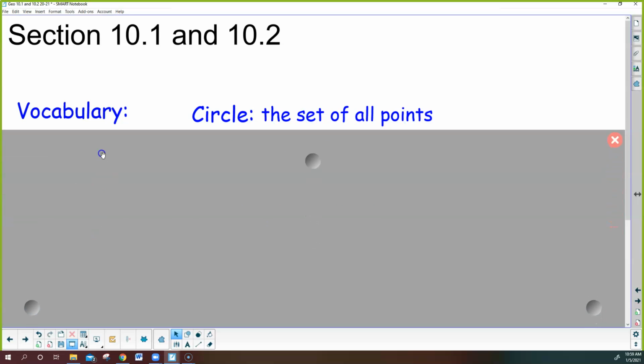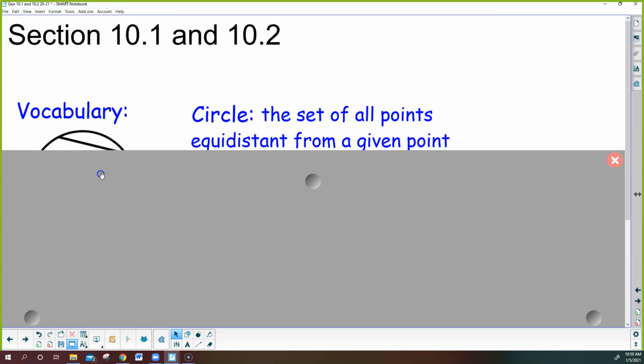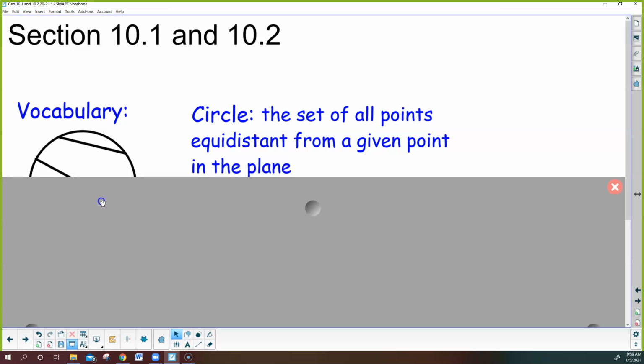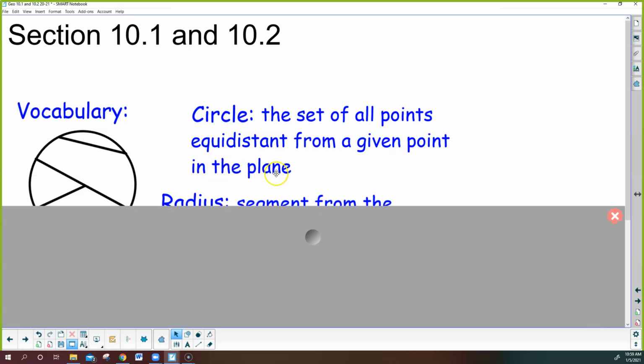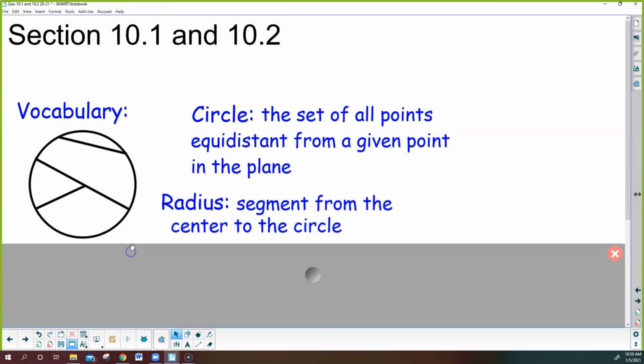Okay, first thing we're going to do is just define the word circle. Well, what is a circle? A circle is defined by the set of all points equidistant from a given point in a plane. Now, when we say in a plane, what we're referring to is just a two-dimensional set. All right, so if all points are equidistant from a given point, that point in the middle we usually call